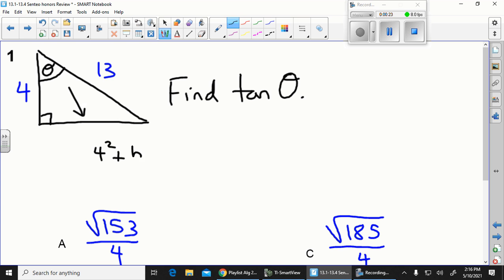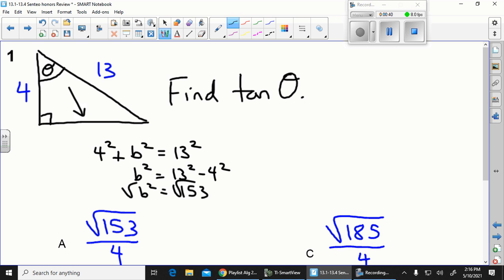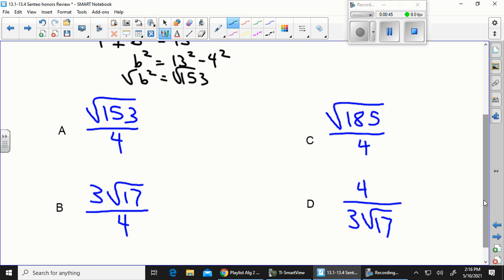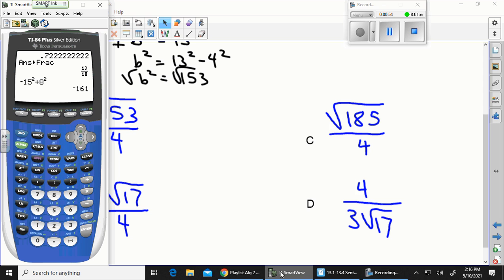4 squared plus, let's say, b squared is 13 squared. B squared equals 13 squared minus 4 squared. 169 minus 16 is 153. So you got the square root of 153 over 4, which you have to see if that reduces. If you take 153 divided by,